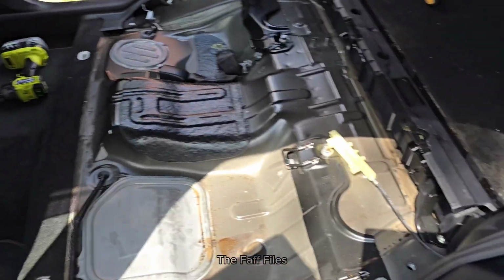So apparently my brother was going through the forums and trying to find out how to take these out, and all he could find was from the saloon versions. He was saying that it's really difficult to actually take these back seats out, and it really isn't. I mean, we've just done it now, so as you can see,